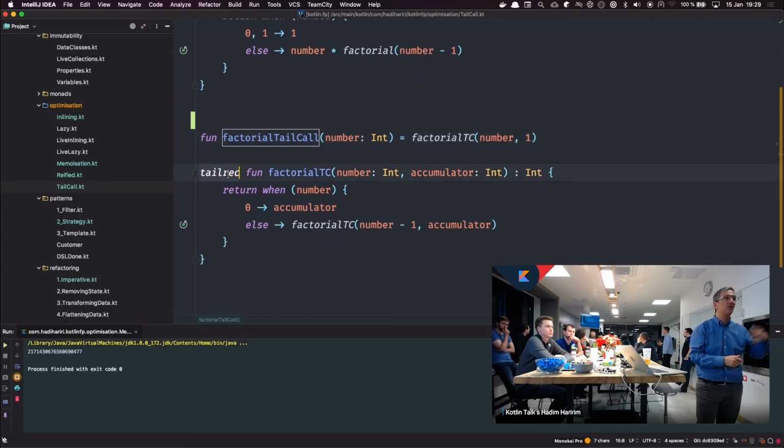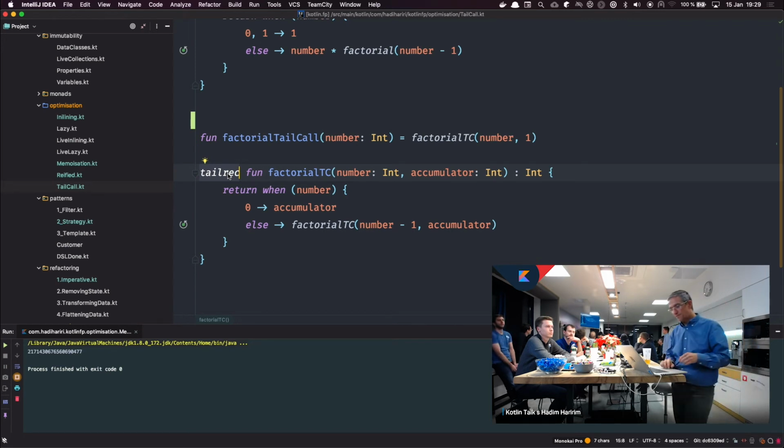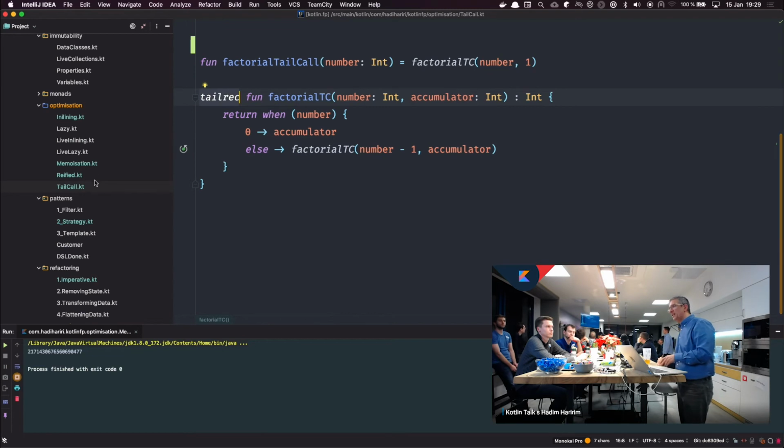And then what it will do is replace that with a loop. Okay? So these are just some techniques that you can use to improve, in terms of performance, some issues that you may give rise to if you're using functional programming. And again, a lot of times this is very much micro optimizations, because obviously